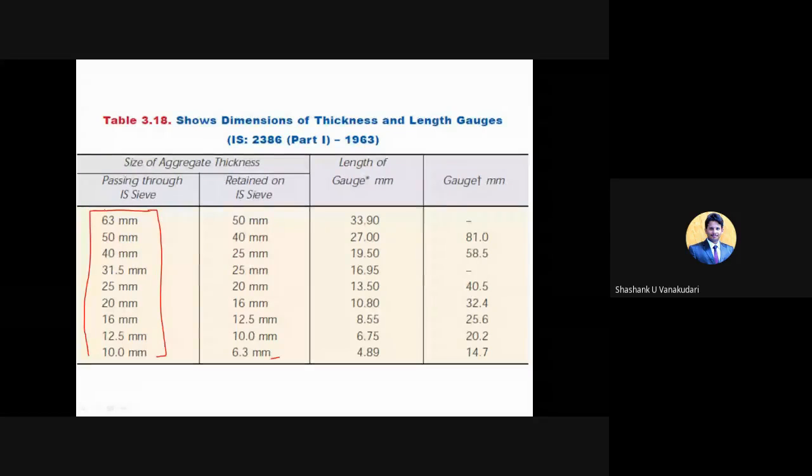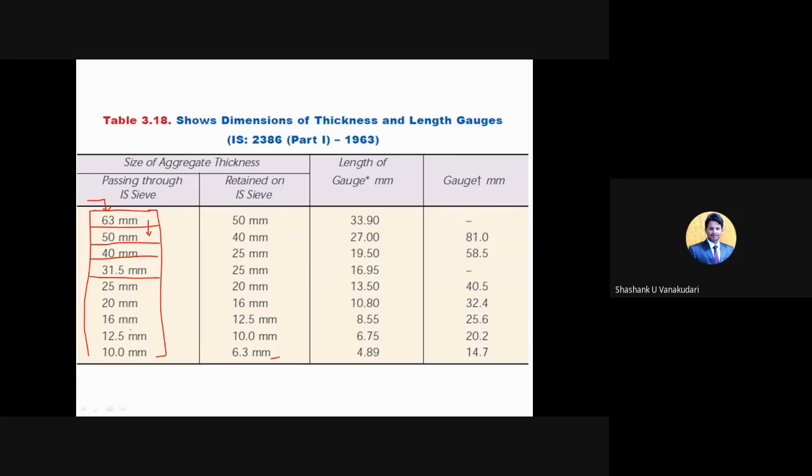You need to place a required amount of coarse aggregate. In sieve analysis, you take known quantities of the aggregate like 1 kg, 5 kg, 2 kg. But here you need to take random aggregates, I mean you don't have known quantities. The only thing is, whatever aggregates get retained on a particular sieve size matters a lot. Clear? Then the further procedure gets decided.